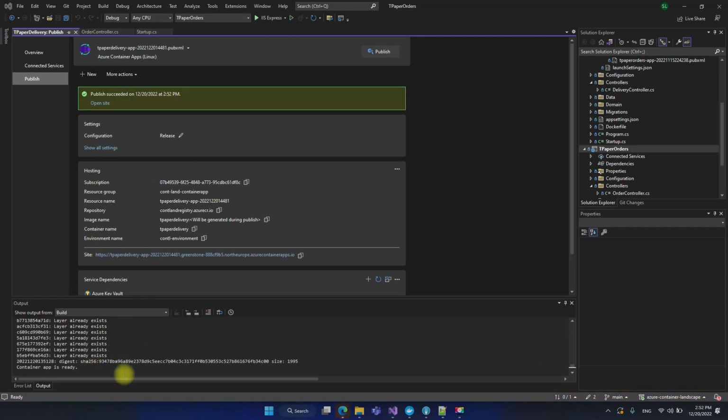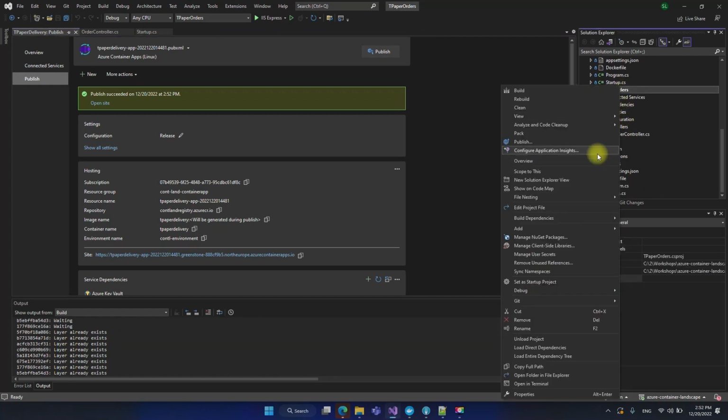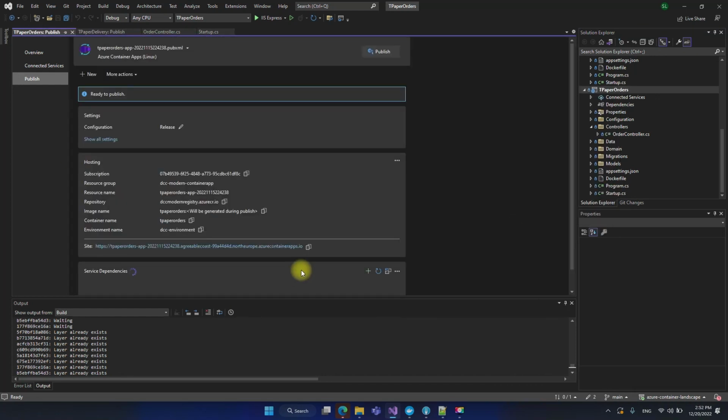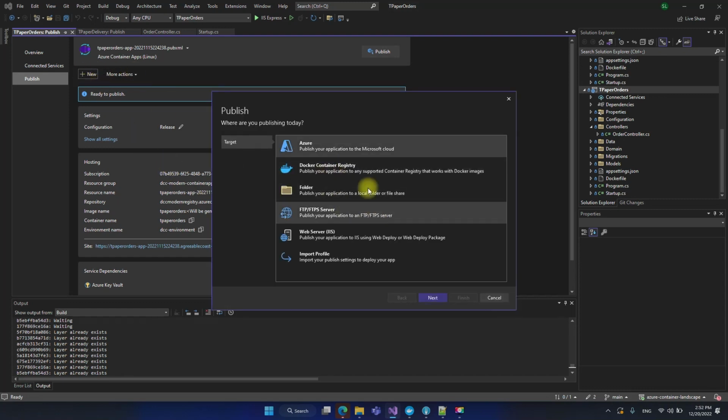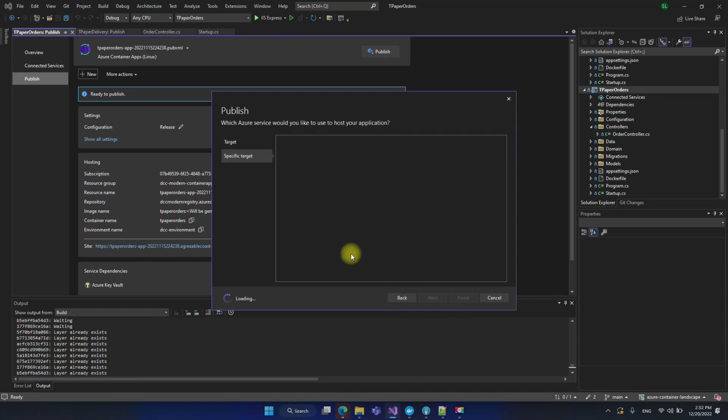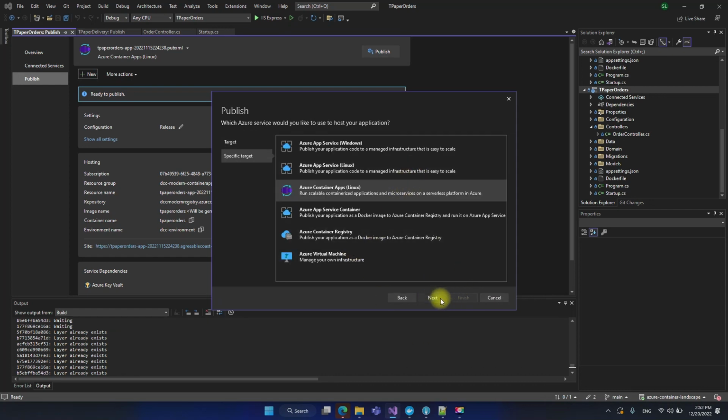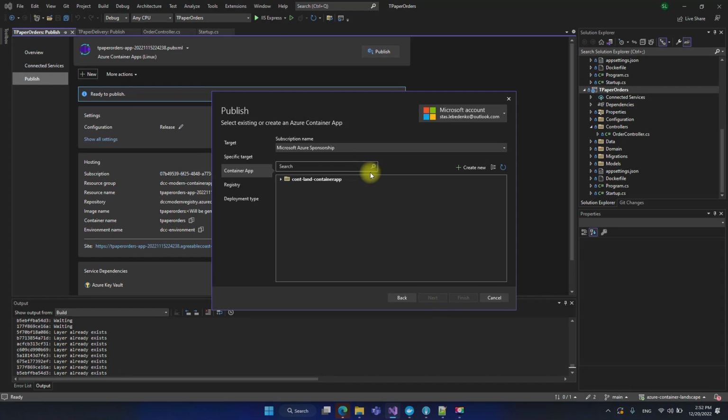As you can see, it published successfully. Now we can do the same process for the DAPR orders, but on the first publish we will create it in Azure Container App. On the second publish we will add secrets to this container app, so it can work with secrets, and so it can work with the SQL instance and use the configured value to connect to the